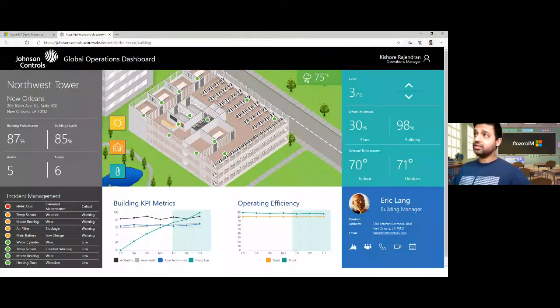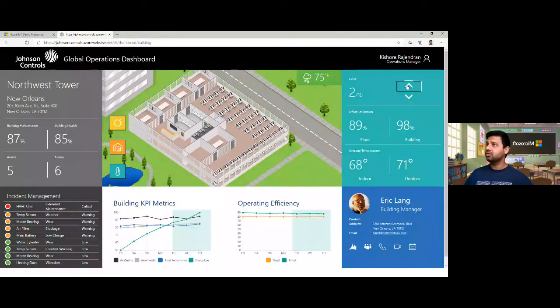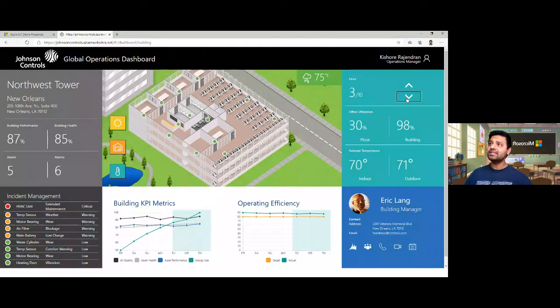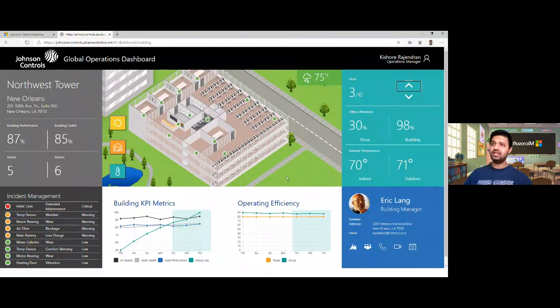And it's giving me, first of all, a model of the building. So I can switch between floors. So I can go to the ground floor here. I can go to floor 2, floor 3, 4, and so on. At the moment, the sensors are only installed in floor 3, which is why you see all these dots. And in the other floors, we do not see those sensor data coming in. Now, I can get the temperature and the humidity right now. So it's telling me 70 Fahrenheit with 13% humidity, 61 degrees Fahrenheit here.